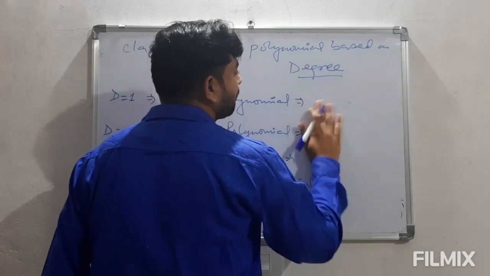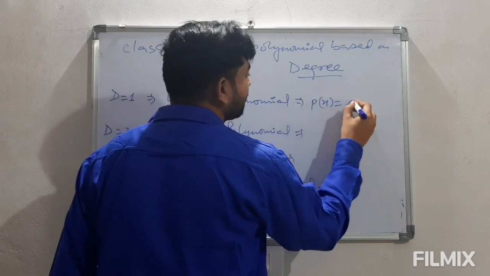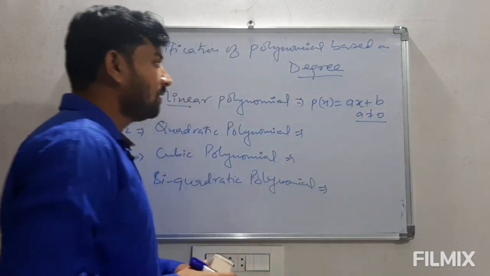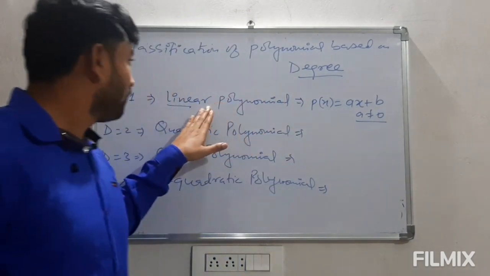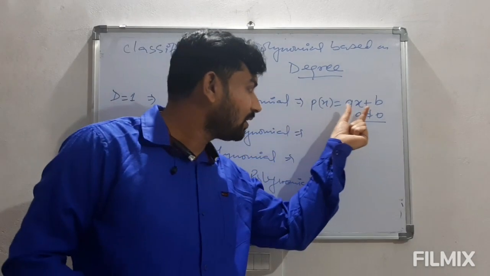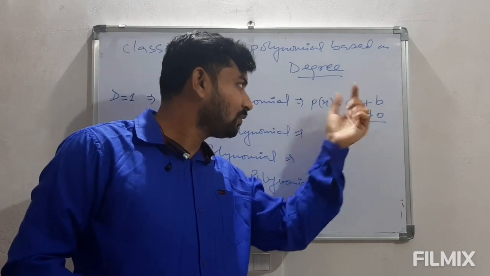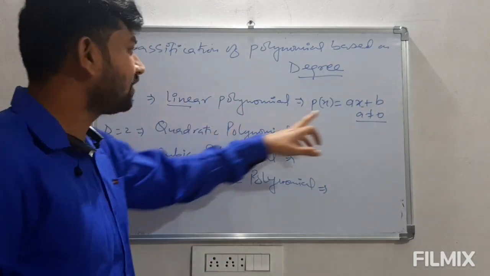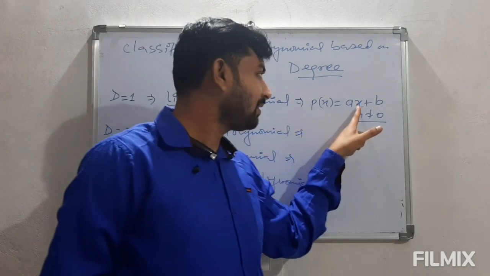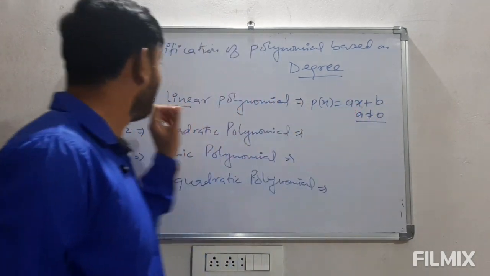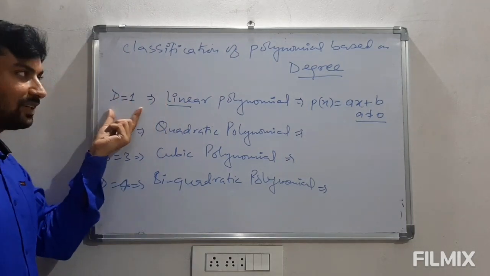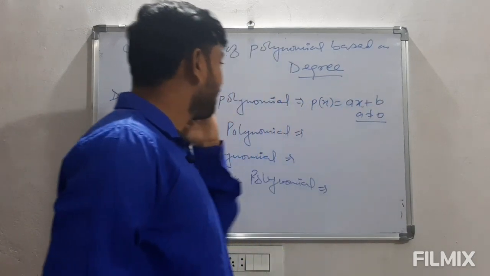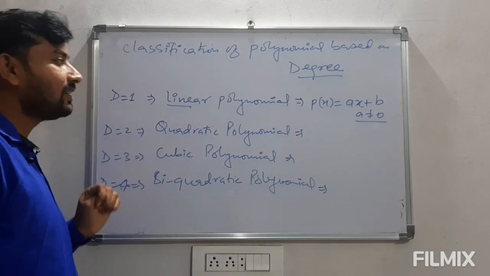p of x is equal to ax plus b where a is not equal to 0. General form of this linear polynomial is p of x is equals to ax plus b. Here a cannot be 0. अगर a 0 हो जाएगा तो polynomial सिर्फ एक constant टर्म बचेगा b जो कि लीनियर नहीं होगा. यहाँ पे अगर वेरिएबल की पावर देखें तो 1 है और यहाँ 0 है, तो हाईएस्ट पावर हो गई 1. इसलिए इसका जो डिग्री होता है वो 1 होता है. और ऐसे पॉलिनोमियल का जब हम ग्राफ बनाते हैं तो वो एक लाइन आती है, इसलिए हम इसको लीनियर पॉलिनोमियल